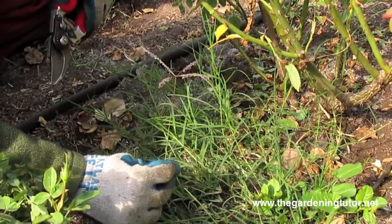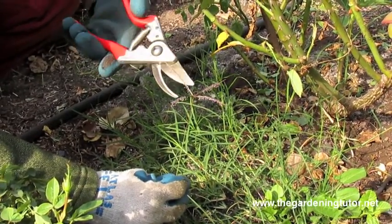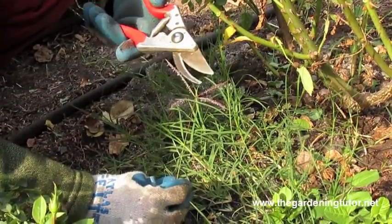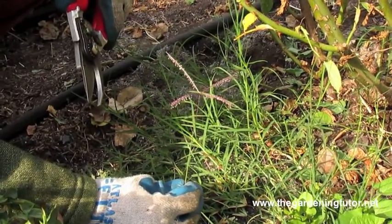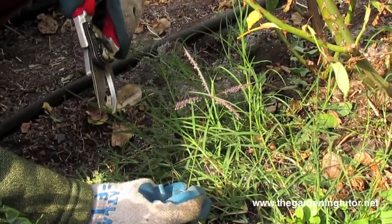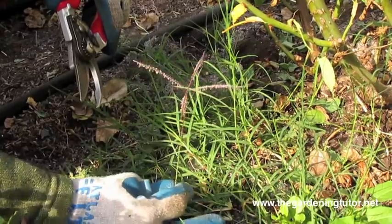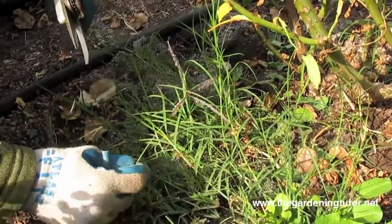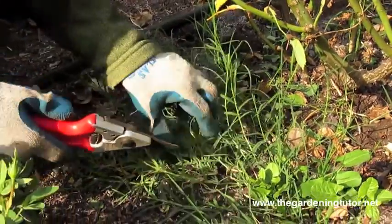Now we're going to talk about Bermuda grass and how it grows and spreads. Here is the flower of the Bermuda grass, and it's full of pollen, and Bermuda grass pollen is one of the highest pollen aggravators for people. Hopefully you're going to pull your Bermuda grass long before it goes to flower like this, and it's going to go to seed. So it spreads by seed, and it also spreads by